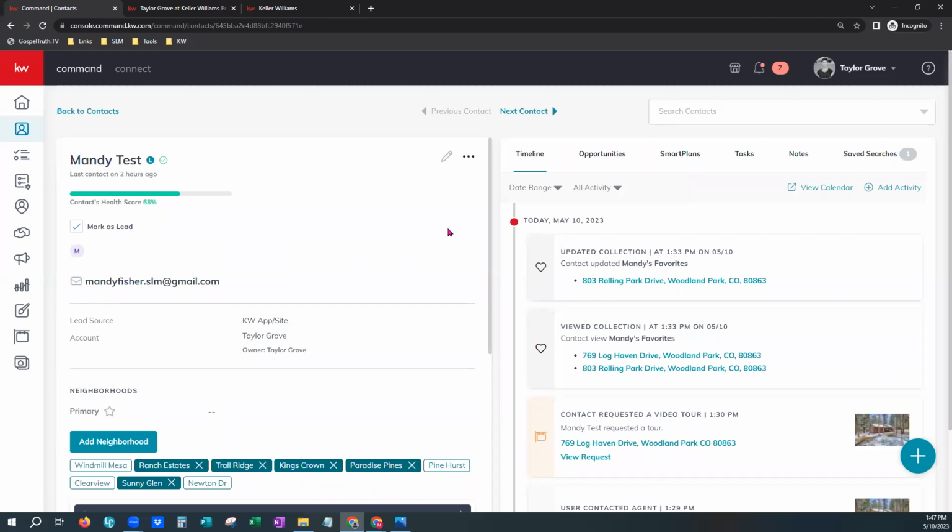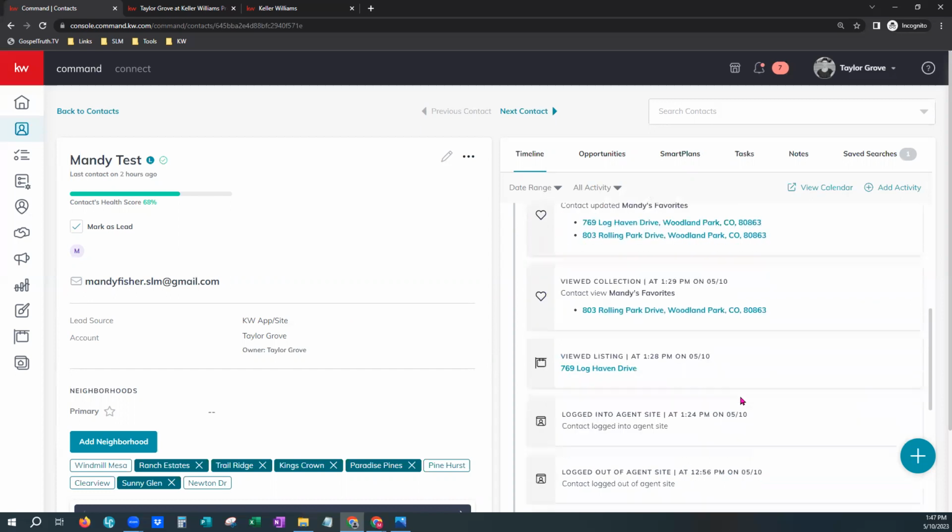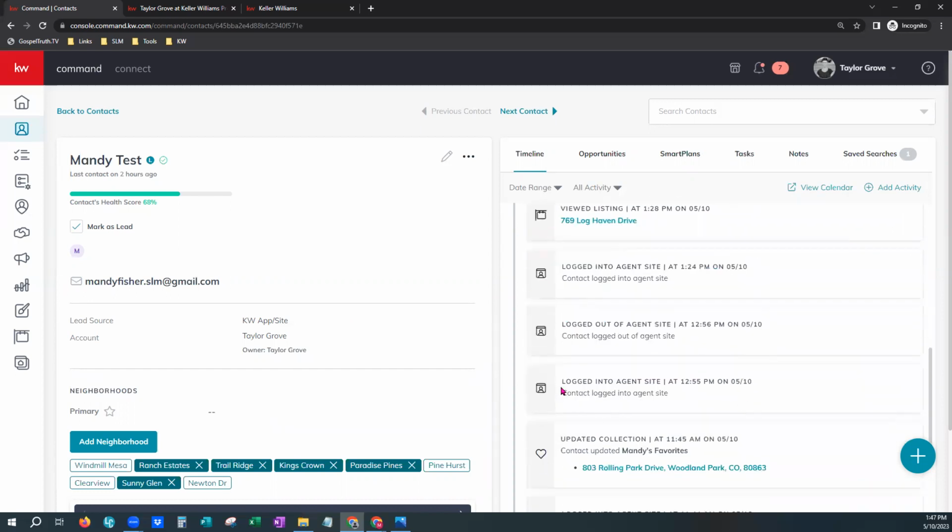All right. So now that we have her contact open, you can see right over here in the timeline all the things that she's been doing on the app. If I scroll down a little bit, you can see where she logged in, she logged out. And this is, it feels weird talking about myself in third person. I'm just going to say me since I'm Mandy. So you can see the date and the time that I logged in and logged out